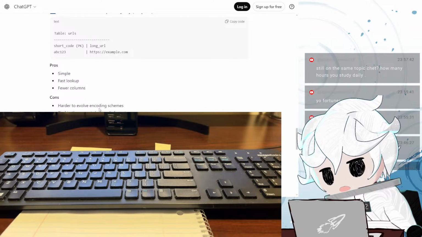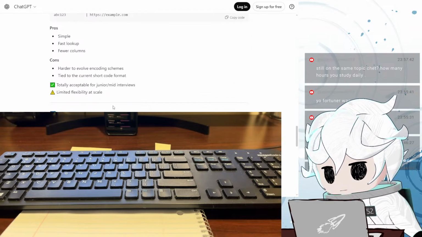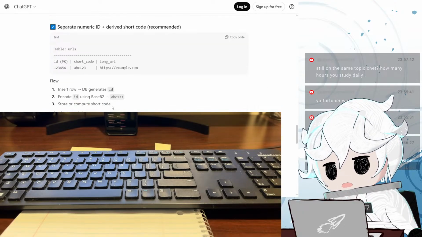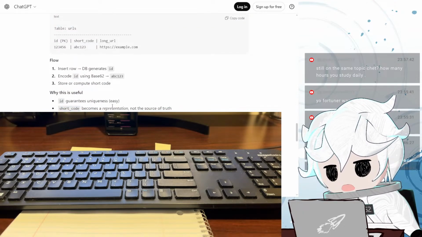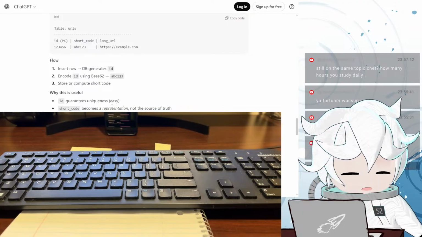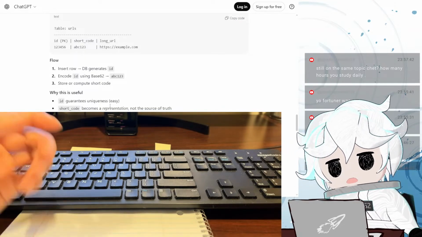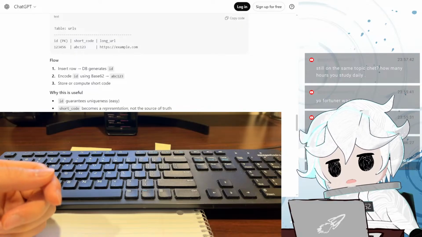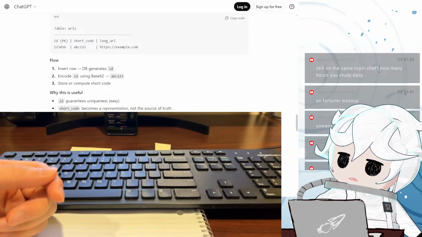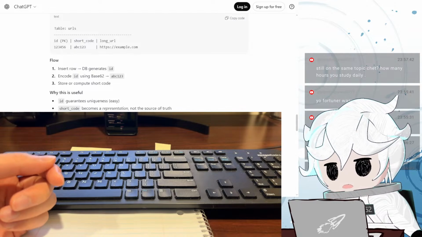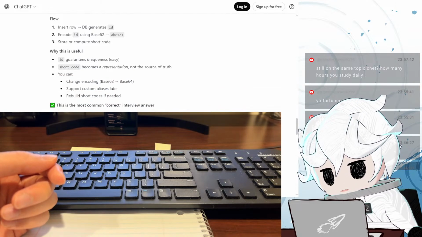Harder to evolve encoding schemes. Numeric ID plus derived shortcode. ID guarantees uniqueness. Shortcode becomes a representation, not the source of truth. Support custom aliases later. Rebuild shortcodes if needed.